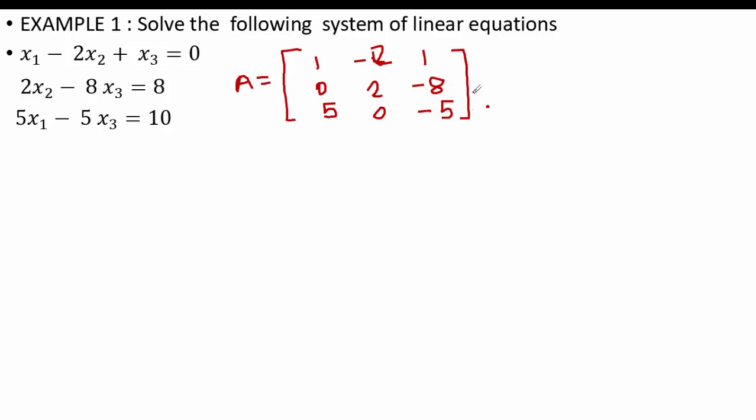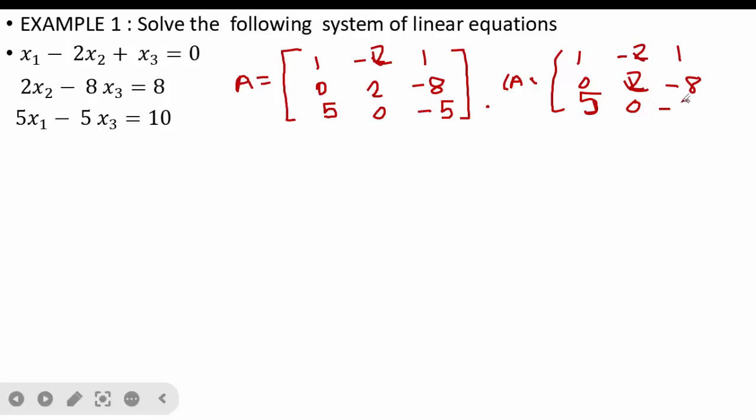And in this coefficient matrix, if we add a column, we shall write this matrix as it is: 1, minus 2, 1, 0, 2, minus 8, 5, 0, minus 5. And if you add a column of the constants to the right hand side of each equation,